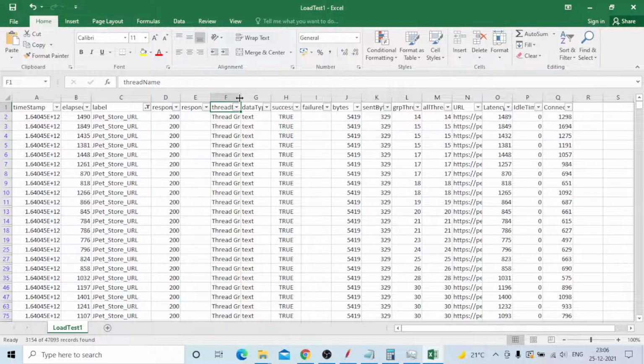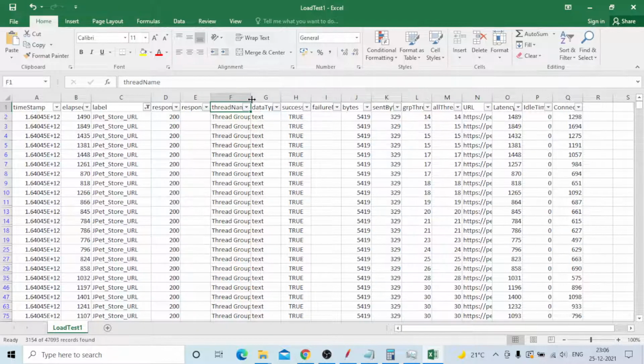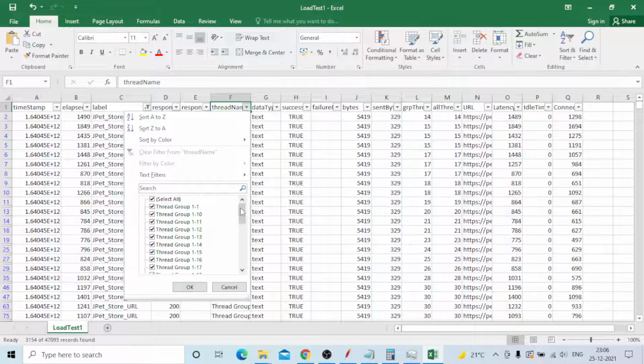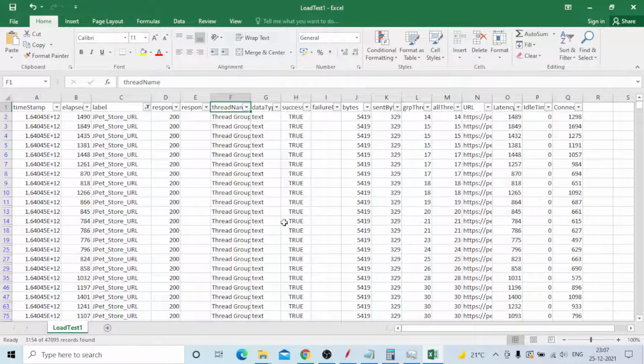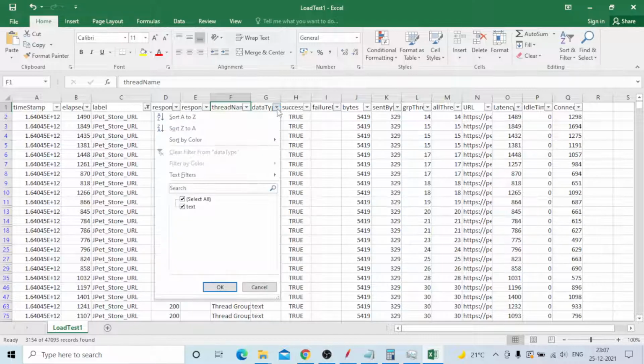After this is generally the thread group, which everyone knows. Thread name, thread group: in one thread group how many users will be executed, and for each thread how many transactions will be done, that is specifically shown. The data type is common text only.